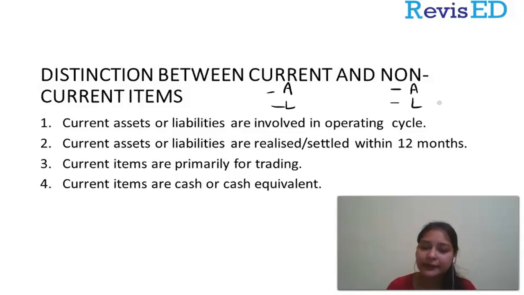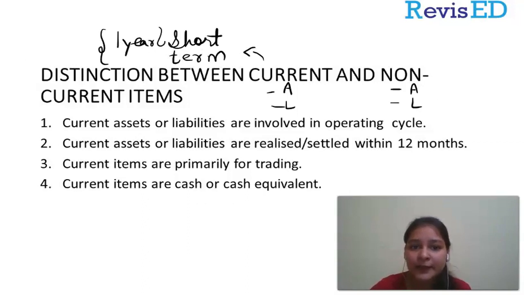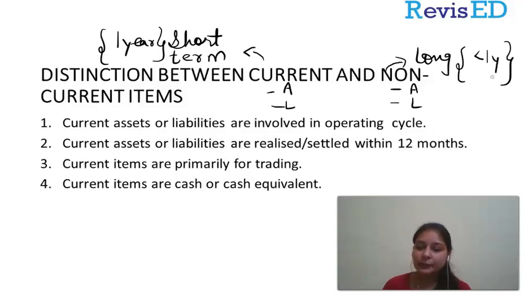Now we are reading the general meaning of current and non-current. Very specifically, if I say current, it is something which is short term, right? Current liability and current asset, as I told you, short term. And when I say the word short term, I say 1 year. In the same way, non-current is something that is long term, and when I say long term, that means more than a year. Okay, this is one of the criteria.